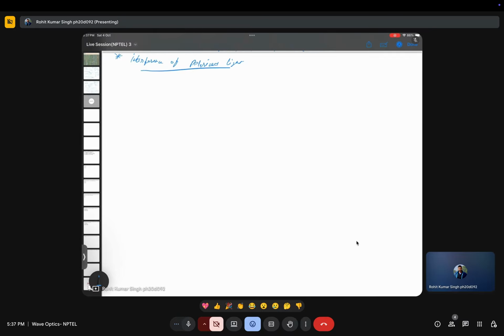So let's draw a picture. So let's call this x-axis, this one y-axis, and this one is your Z axis as usual, and we have a linearly polarized light like this at an angle phi from y axis. Okay,